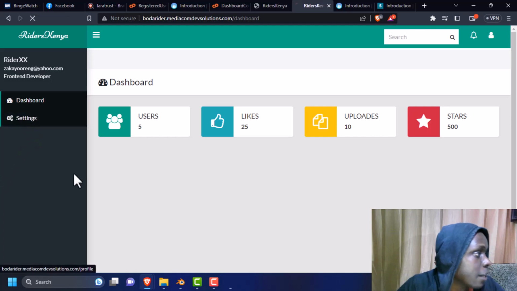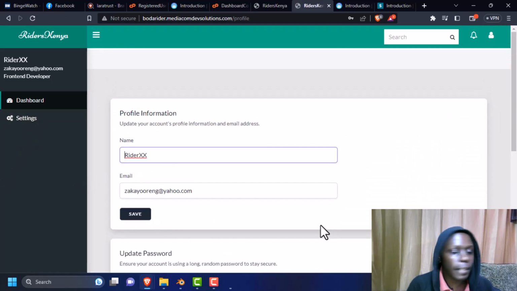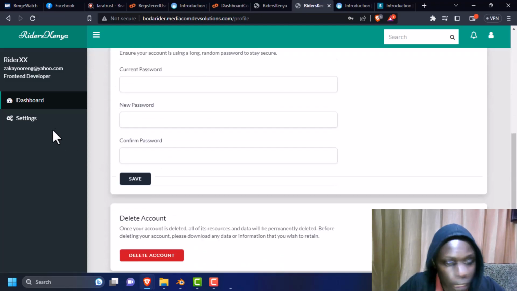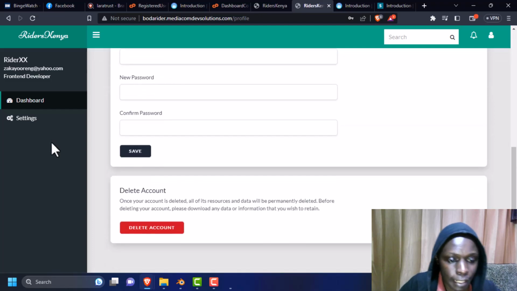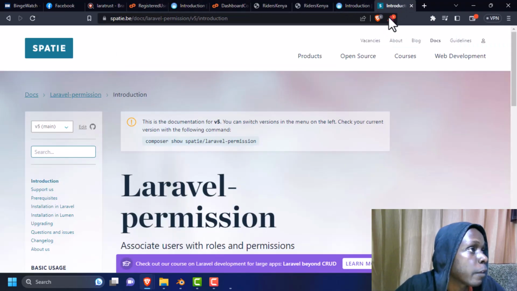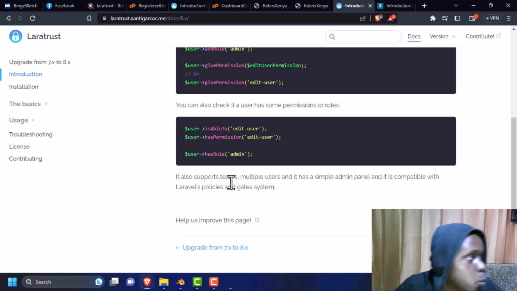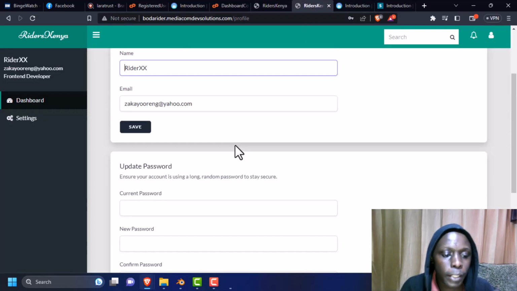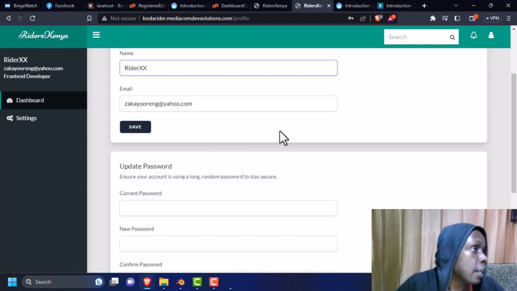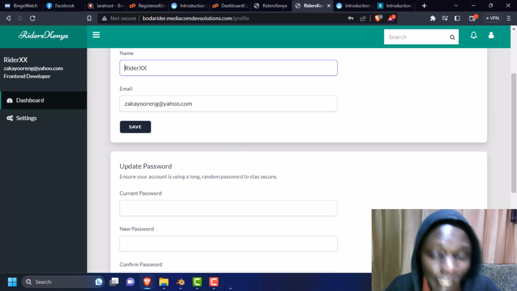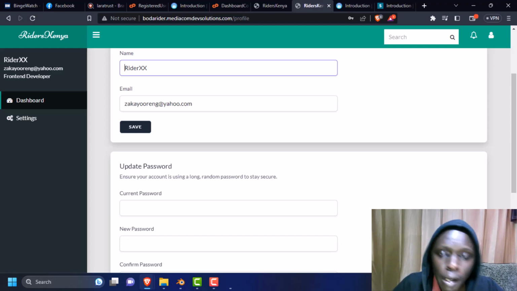I can now assign him. You can see the rider does not have any rights or privileges to see those specific pages that the administrator has. Now that is how clean I love to use Laratrust. In the next video we will discuss more about this. So guys, that was my take, and I think this is a very nice way to explain to my friend that the way you understand it, the way you do it,